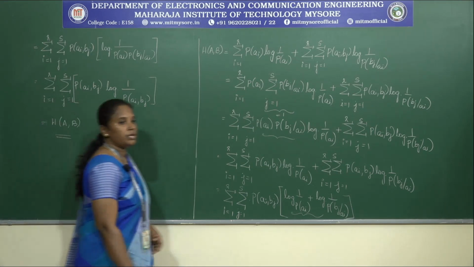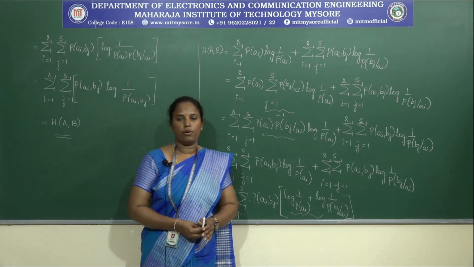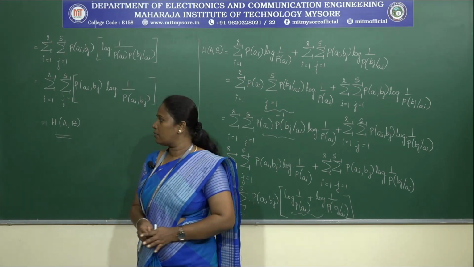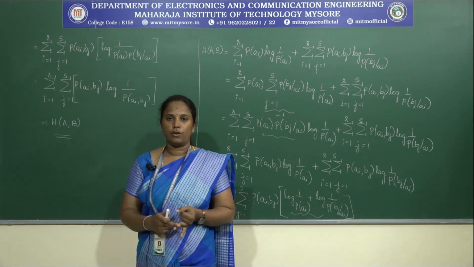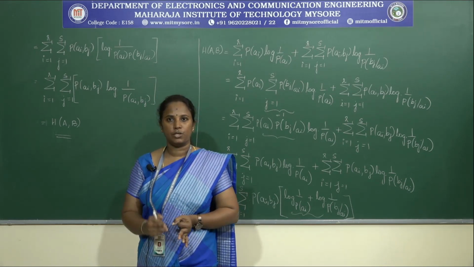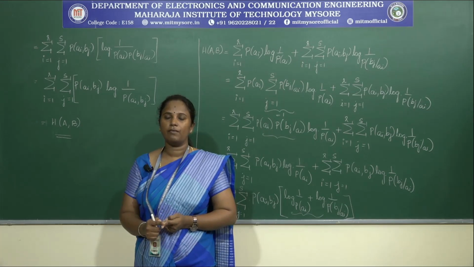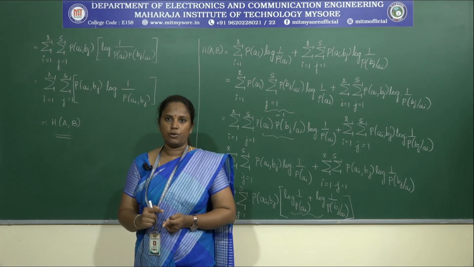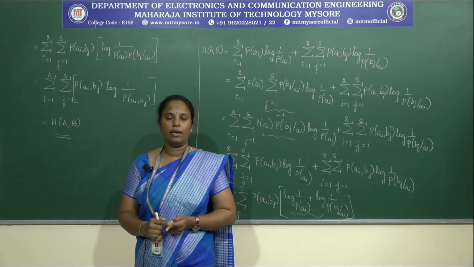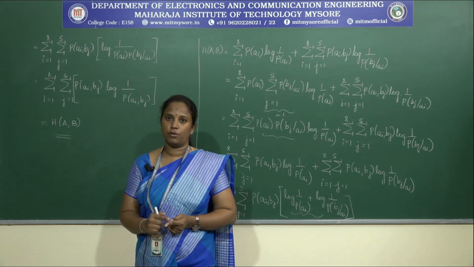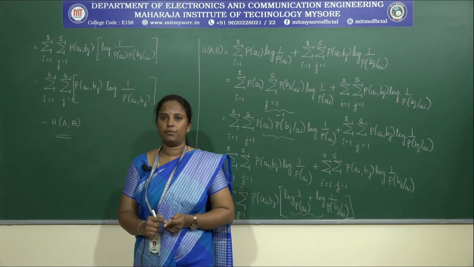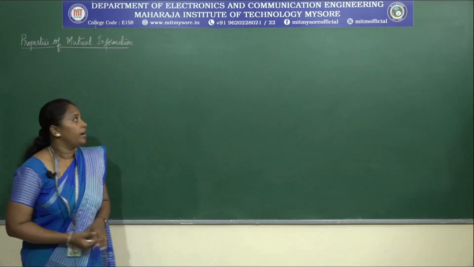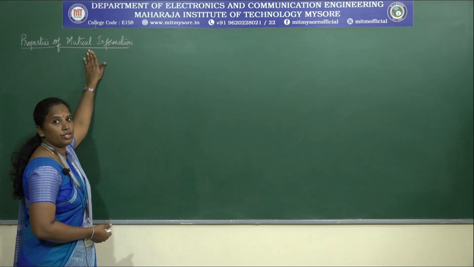So now this is the summary of the formulas we will be using to calculate the entropy related to the input, that is h of a, and the output, that is h of b, and then the joint entropy, that is h of a comma b or h of b comma a, as well as the conditional entropy, that is h of b by a as well as h of a by b, and the mutual information, that is I of a comma b or I of b comma a. Okay, next we have the topic called properties of mutual information.